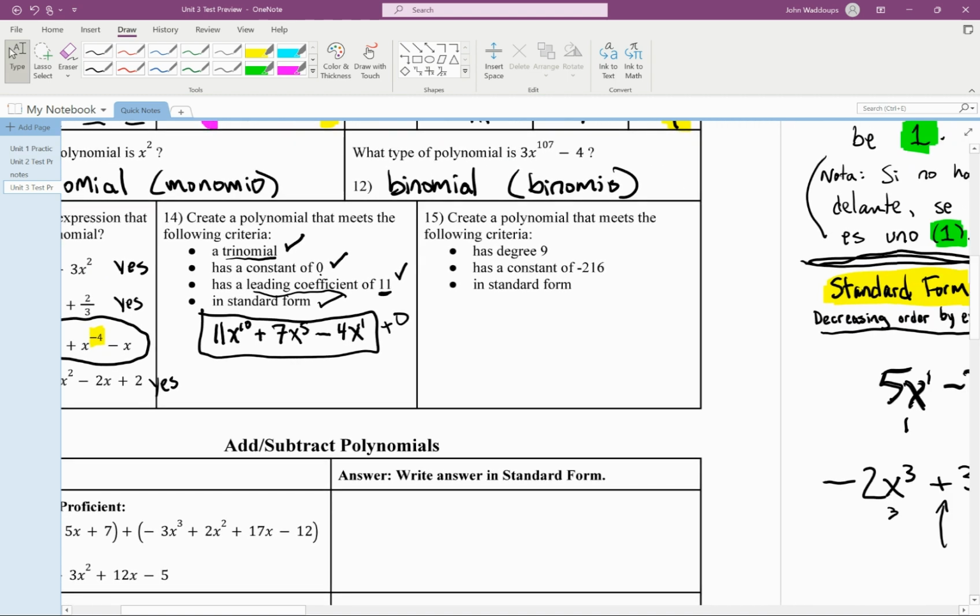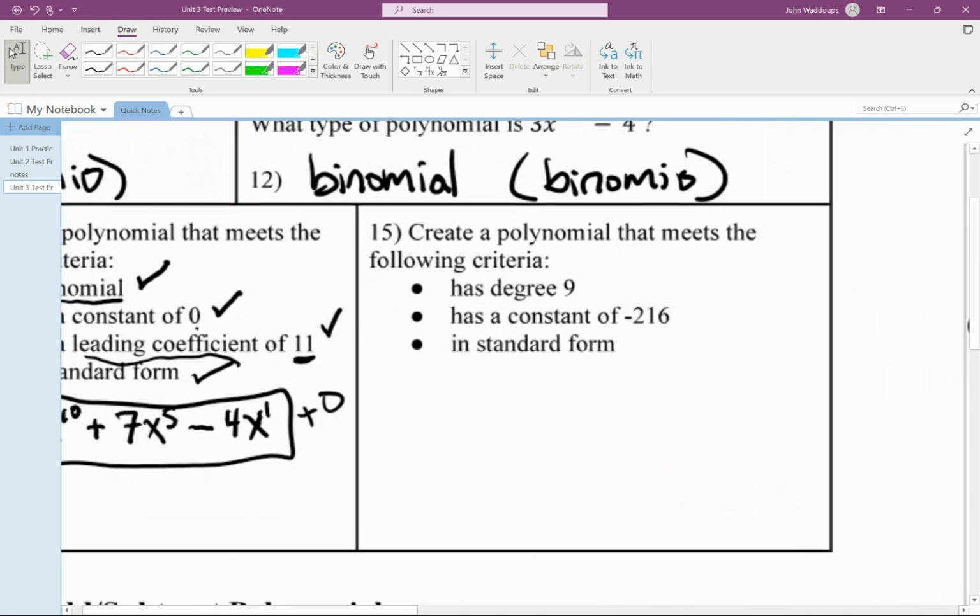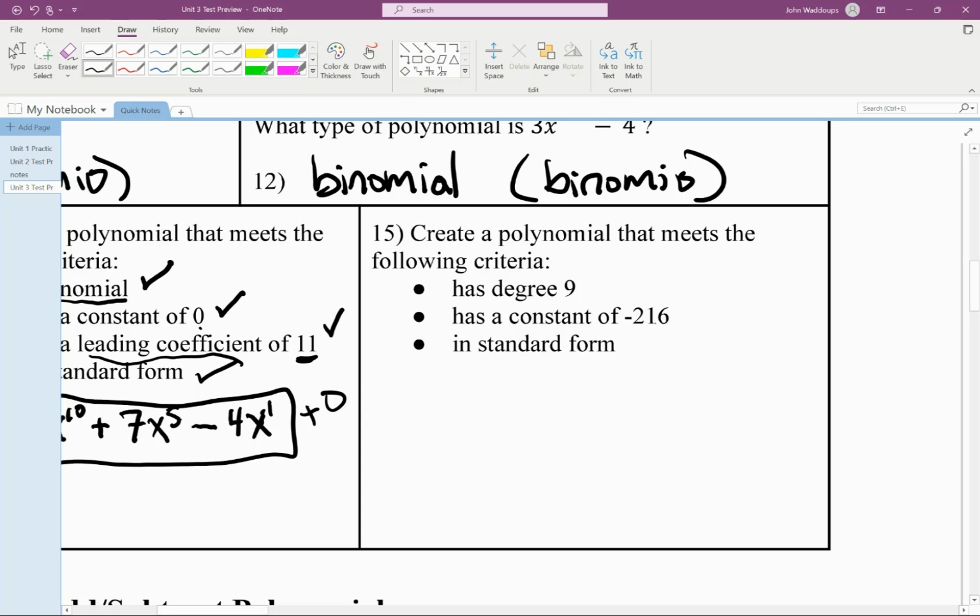All right, and then here one says create a polynomial that meets the following criteria. Has a degree 9, has a constant of negative 216, and is in standard form. Now this time it does not say how many terms, so it also doesn't say what the leading coefficient is. So the leading coefficient could be whatever we decide. I'm going to say, let's say 5. But it does say that it needs to be degree 9. So I'm going to say 5x to the 9th. Constant of negative 216. At this point, really, I could just say minus 216. And because it doesn't say that it has to be a binomial or a trinomial or a monomial,